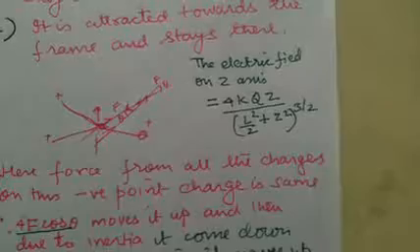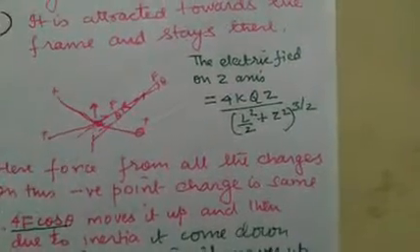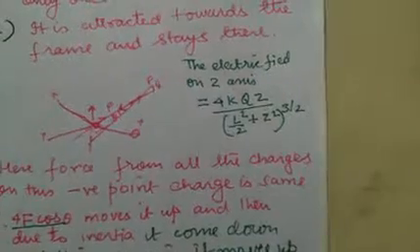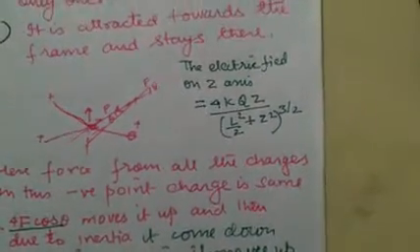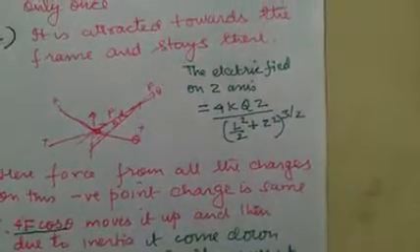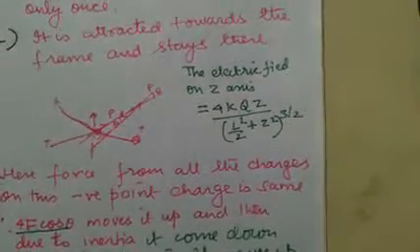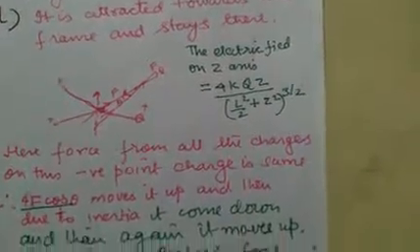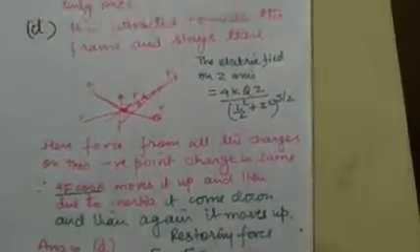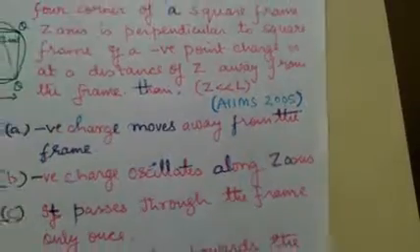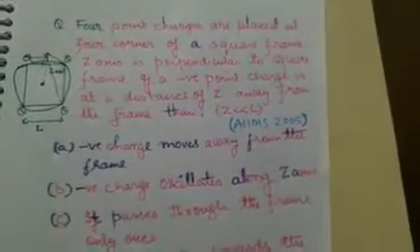So that's what I've found, that the electric field along the z-axis would be 4kqz, where k is 1 upon 4 pi epsilon naught, and q is the charge which is placed at the four corners, and z is the distance from that, and we can find out. It's very simple, and this came in AIIMS 2005, and it is a good question, I would say, because